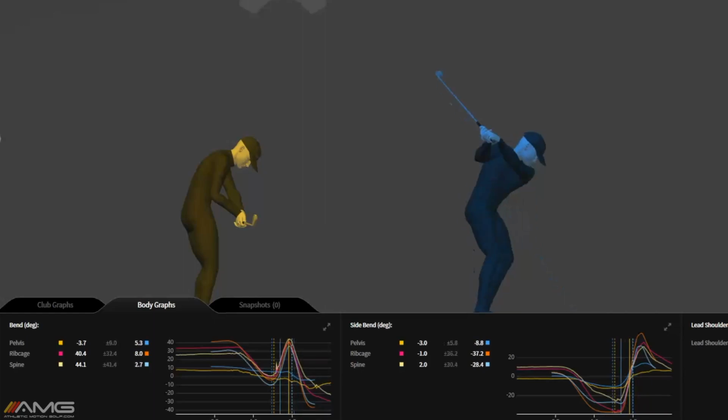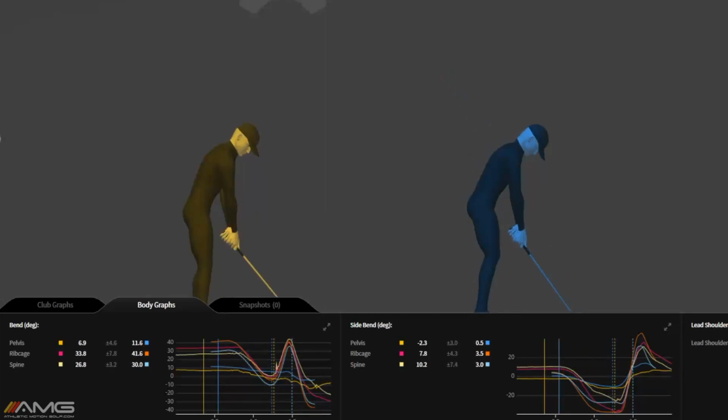Then he would finally lose it as he posterior tilts with his lower body or his pelvis. But that motion of the pelvis for this player would be the place to start, instead of just trying to get this player to work on swing plane or work on a better impact or release. If you missed out on this kind of key movement where he goes from forward bend to actually backward bend